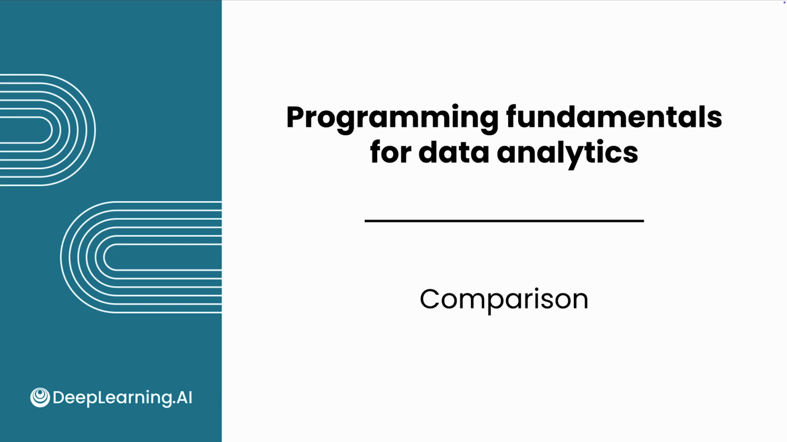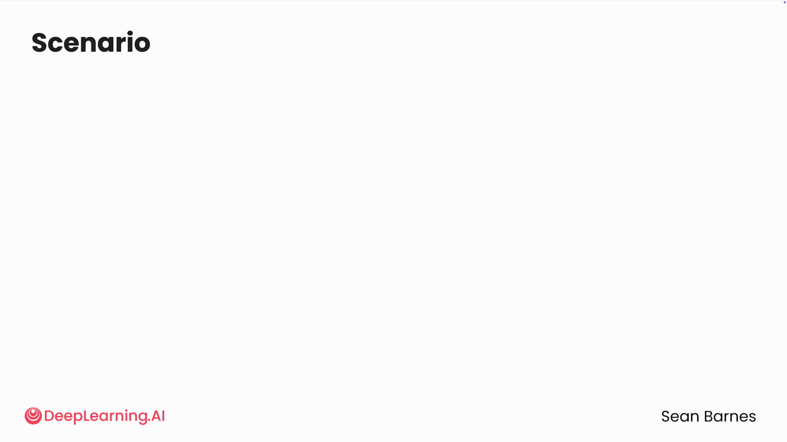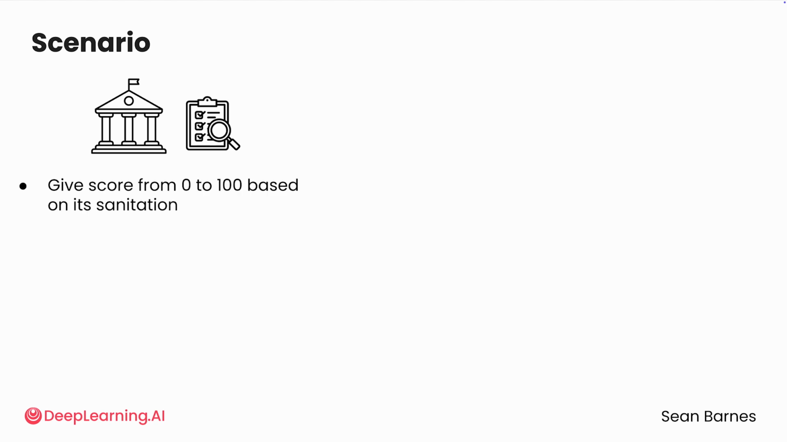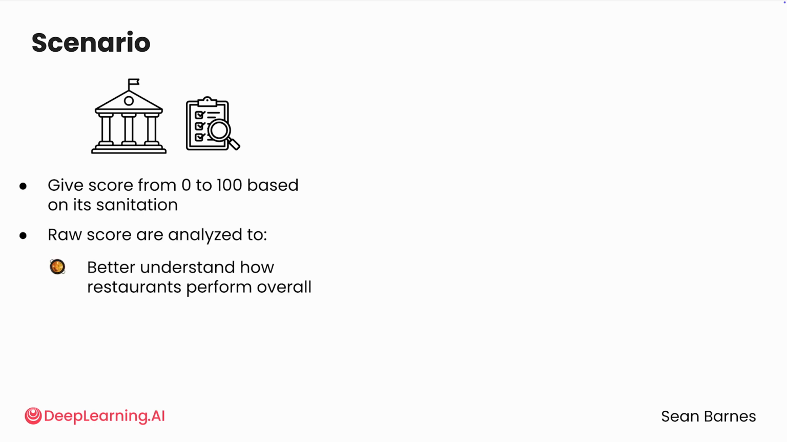In Data Analytics Foundations, you learn that data is any information that can be used to make a decision. So, how can you make decisions based on data in Python? Say you're working with a government agency that performs restaurant inspections. The inspectors take a tour of the restaurant and give it a score from 0 to 100 based on its sanitation. These raw scores are then analyzed to better understand how restaurants are performing overall and to inform customers about